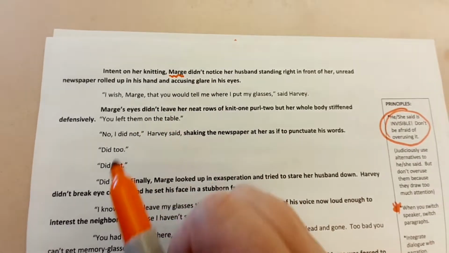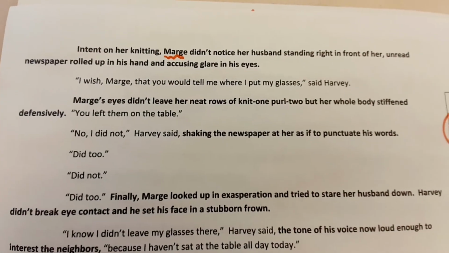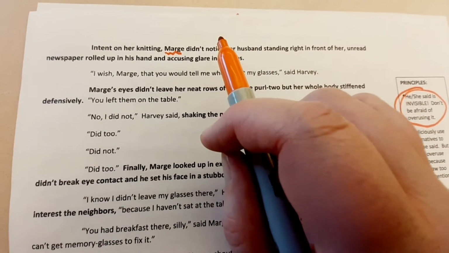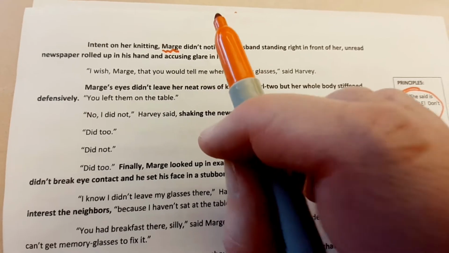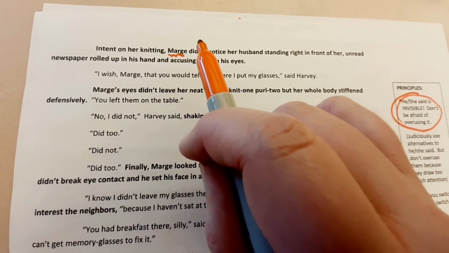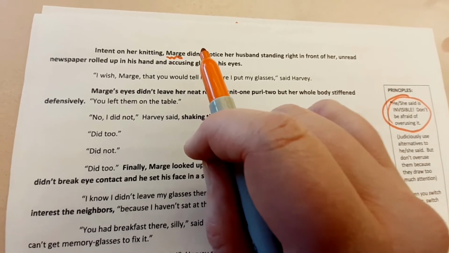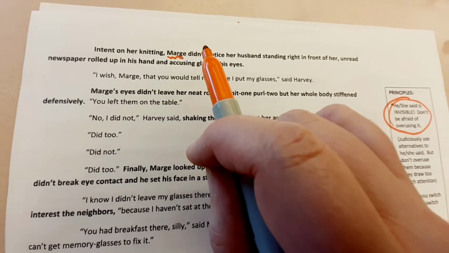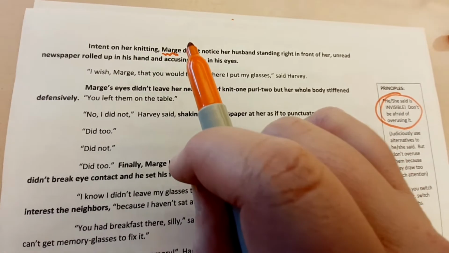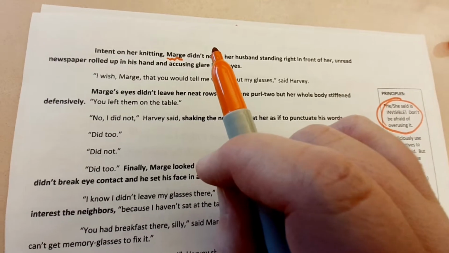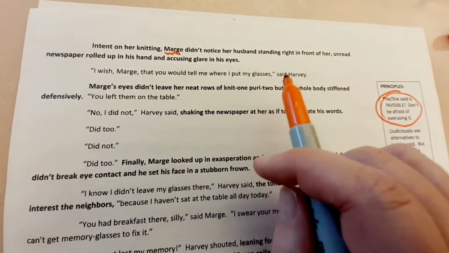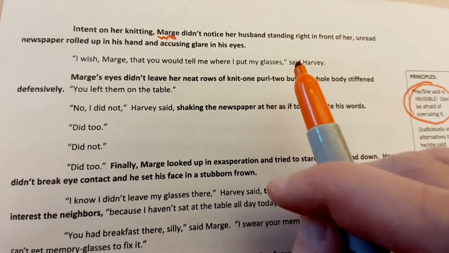So this person has made a choice, it was me that wrote it, when Harvey says something, Marge didn't say anything up here, but I'm switching subjects. I'm not talking about Marge anymore. Harvey's going to say something. A lot of contemporary fiction will do that. Not only switching paragraphs when you switch who speaks, but every time you have a new subject, a new point of view, they will switch paragraphs. Contemporary fiction has a lot of little paragraphs. So now that Harvey's saying something or doing something, we go on to a new paragraph.